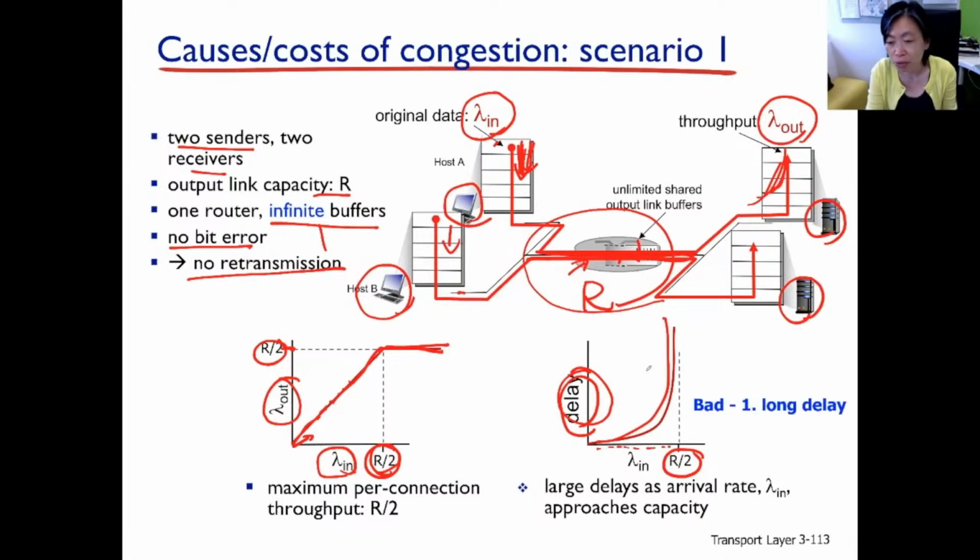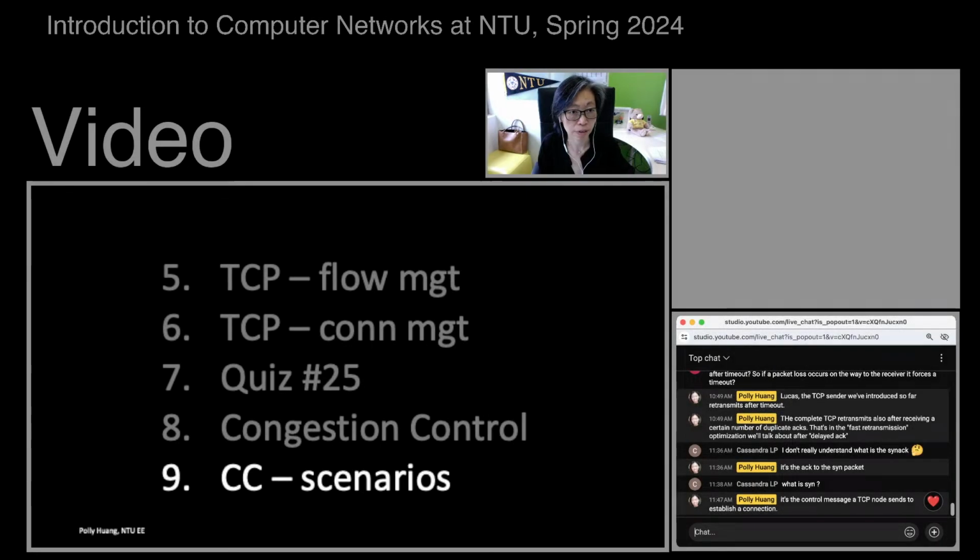So the first bad thing you see already is long delay when we send a lot more data than what the network can accommodate. So in such an ideal network where the buffer space is infinite, you might still see long delay, tending toward infinitely long delay.